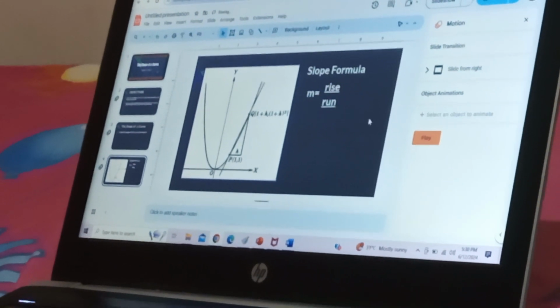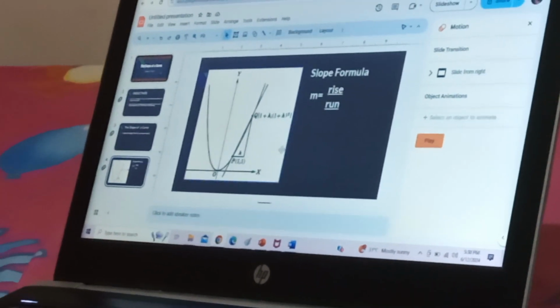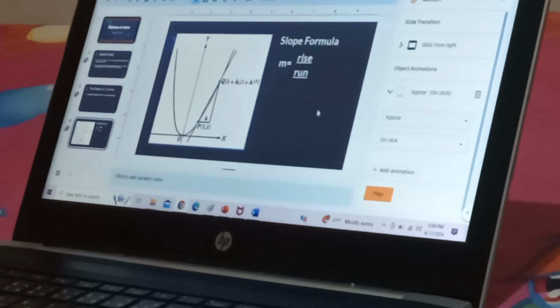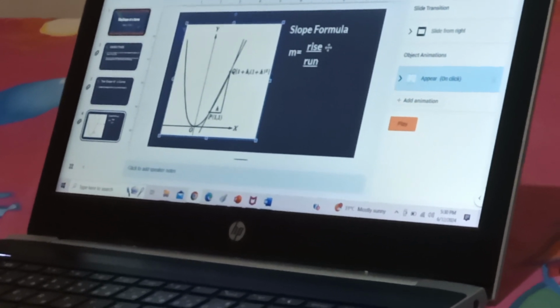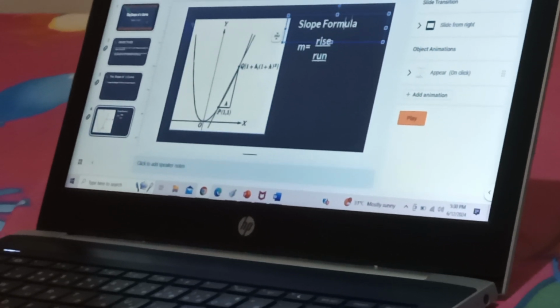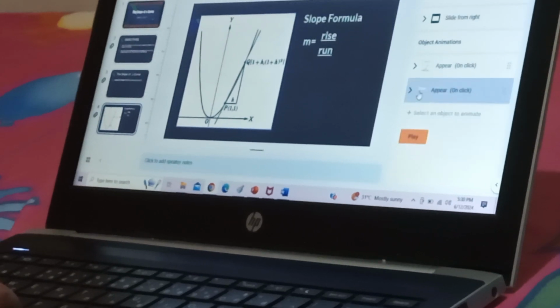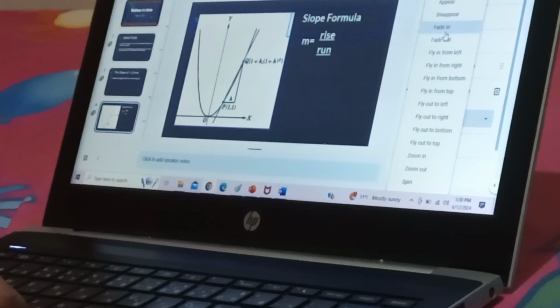Okay. Then if I want to add a transition or animation here, I add animation, appear, then slope formula, add animation, fade in.